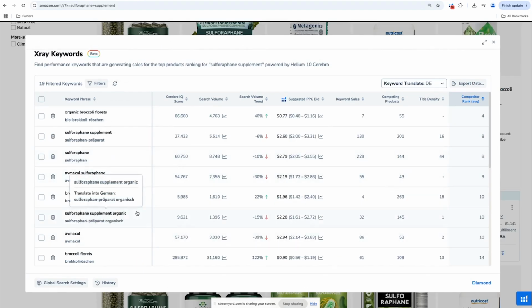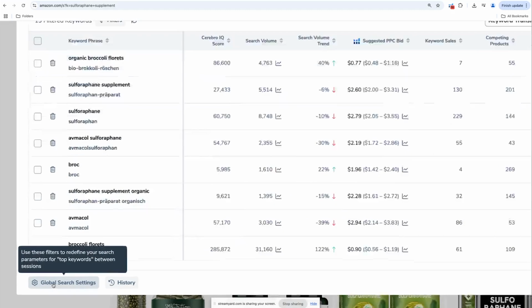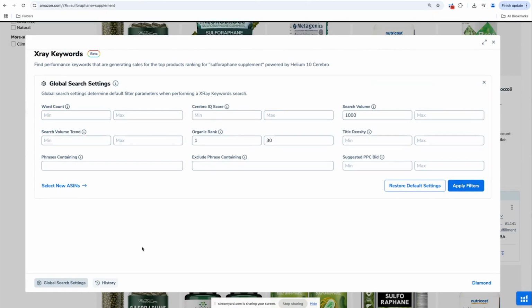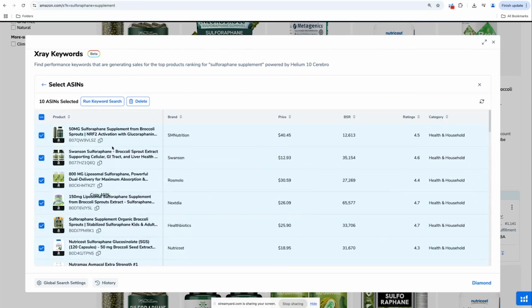But pretend that there are some listings for biotin supplements, vitamin C, broccoli sprout jars. That's when I start to get a little bit more selective. So, right inside of the tool, when I go to global search settings like before, I can adjust the filters, but this time, maybe I want to see keywords with a minimum search volume of 500, where the products rank in the top 20,